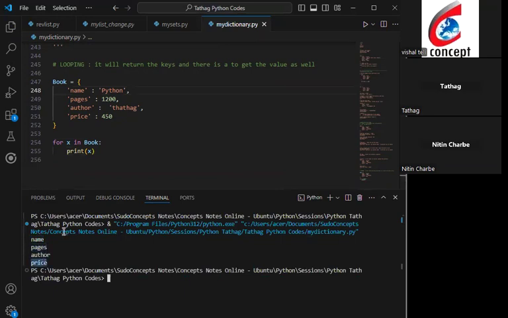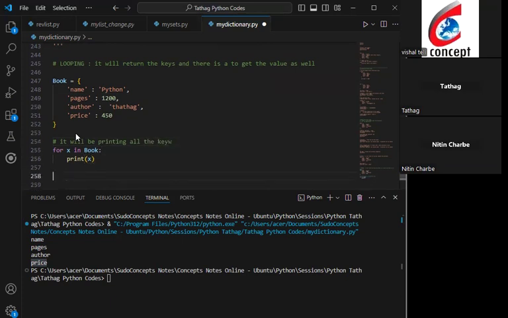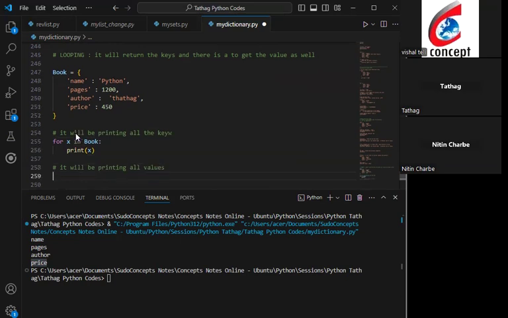You got it? Now let's say you want to get the values. It will give me the keys, it will be printing all the keys, but I want to print all the values also. So it will be printing all values. How? You need to do for X in book